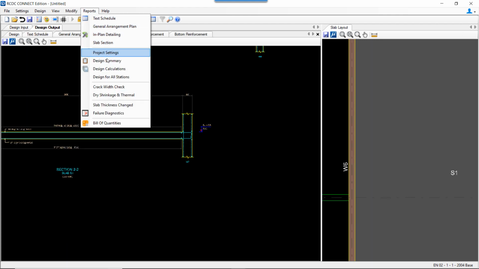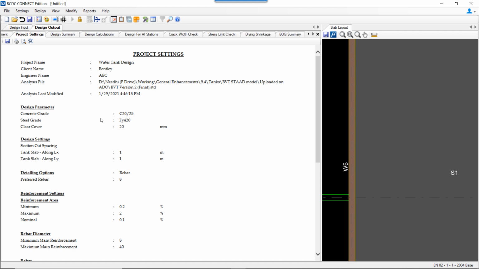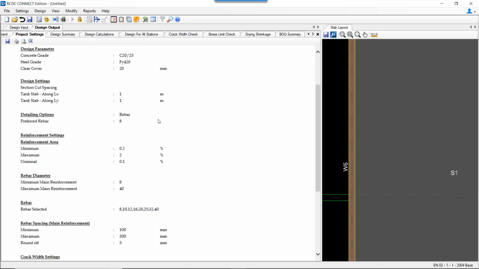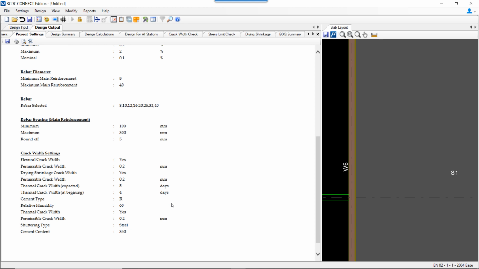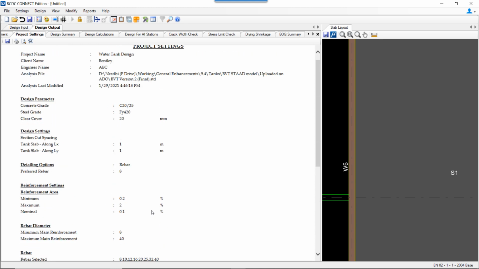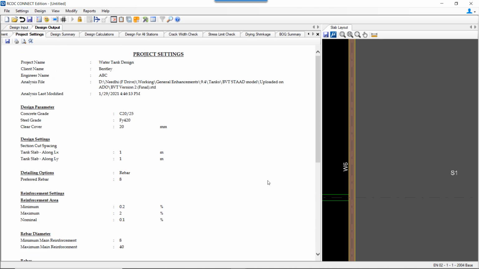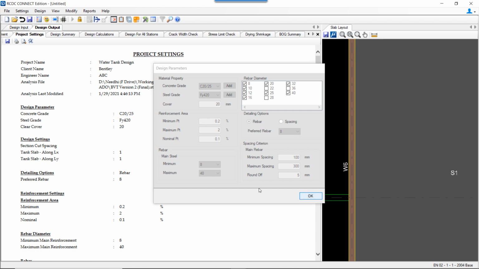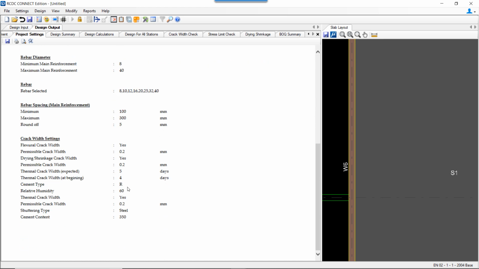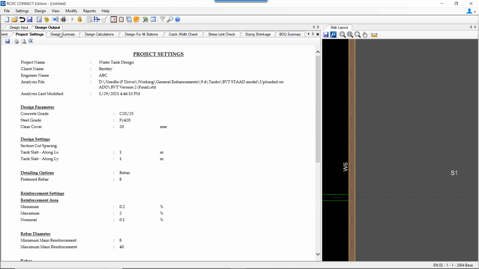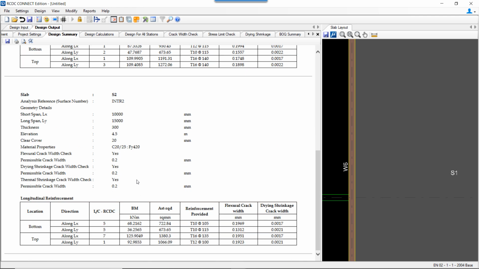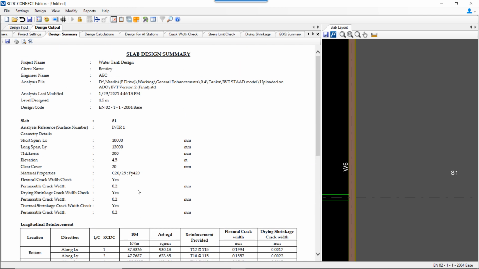Then we have the design calculations report, which is the project settings. So under reports, we have first as the project settings report. So all the general and reinforcement settings which are made under this window will be shown over here. Then we have the design summary report for both these slabs.